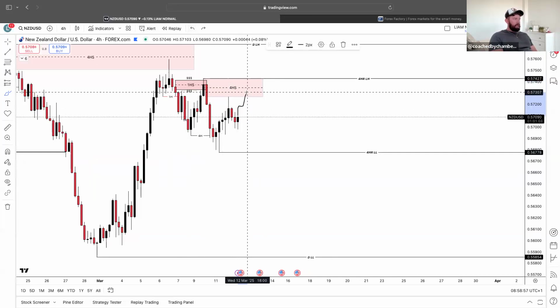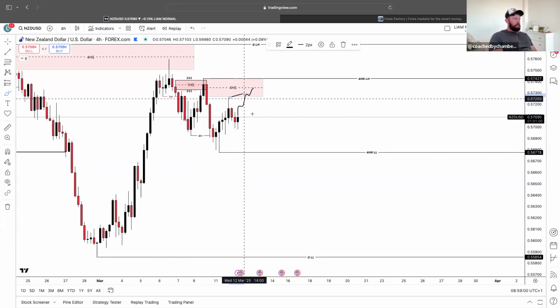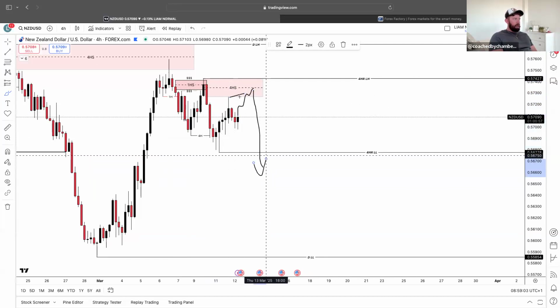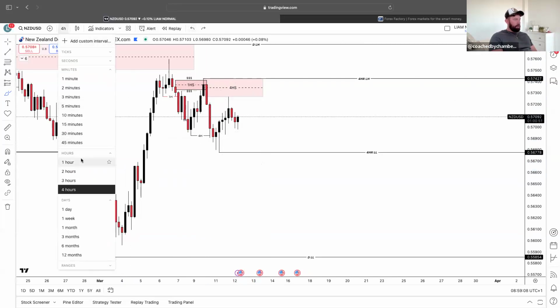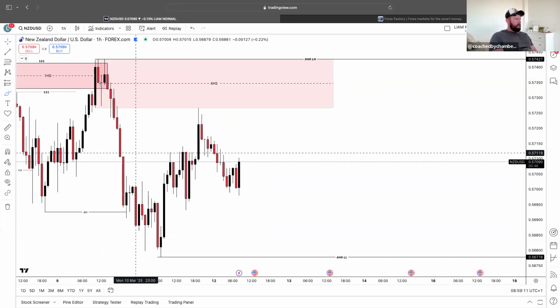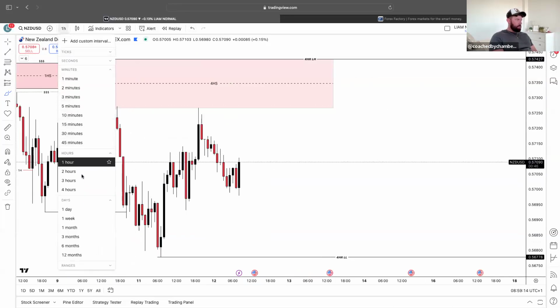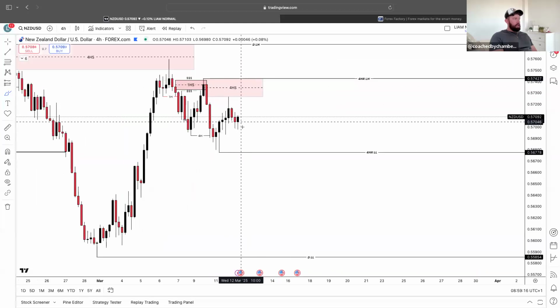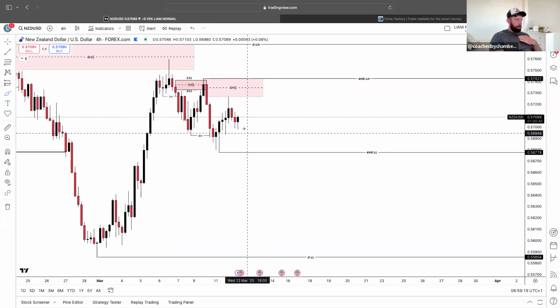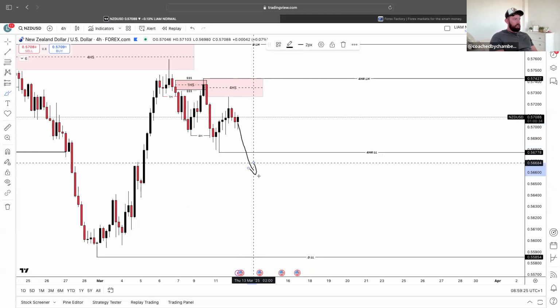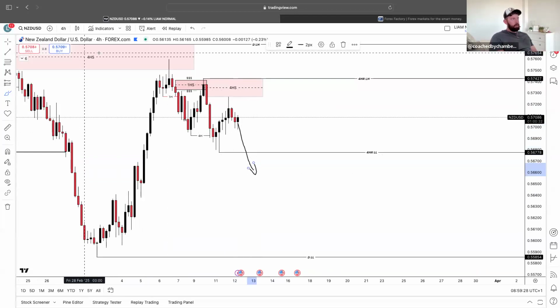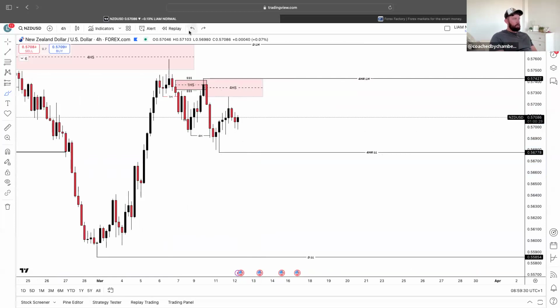Again, I think the market could still punch above, using this as liquidity, and then potentially see that market move down. So that's something that maybe I am expecting. But also, I'm not going to go into the lower time frames, but also understand that the market could just move away from this area because we have mitigated this 4-hour supply. So for me, we expected the dollar to potentially go up, so of course we want NU, AU, GU, EU to go down. So that is my main thoughts. But as you guys can see, the 4-hour ranges from this lower high to this lower low. So keep an eye out on that as well.